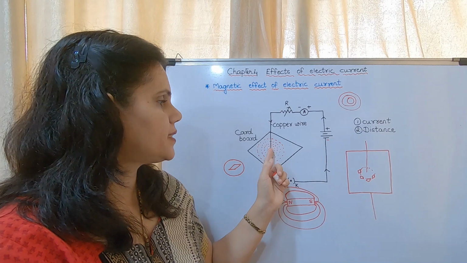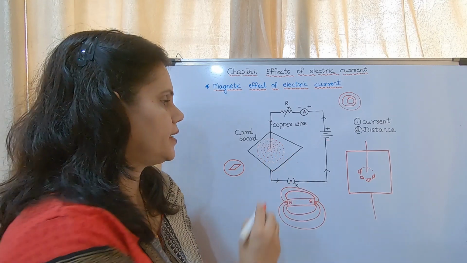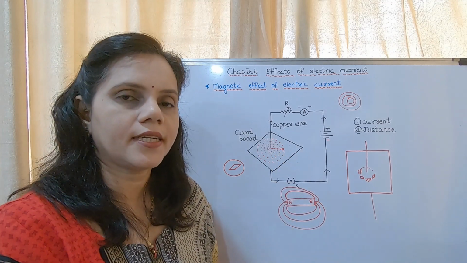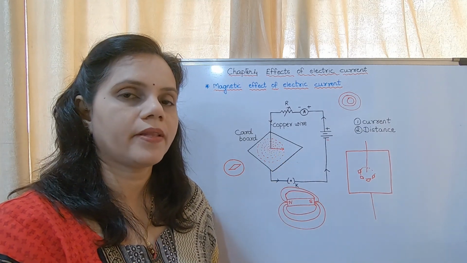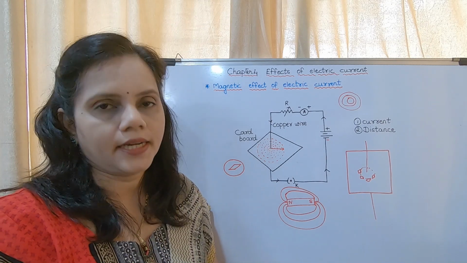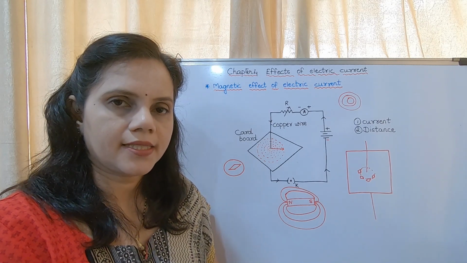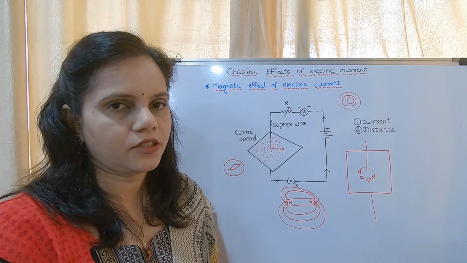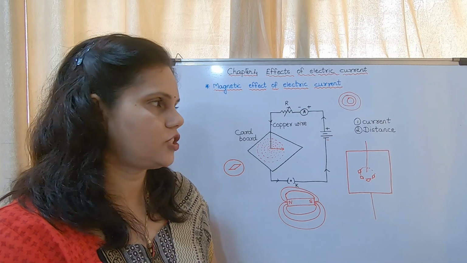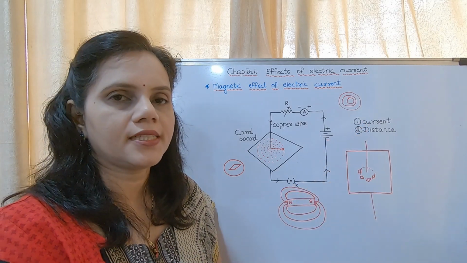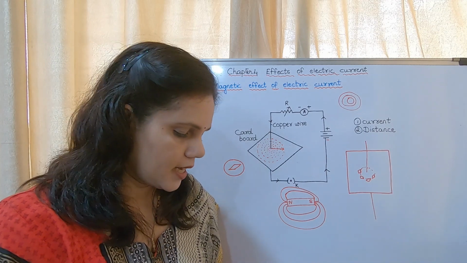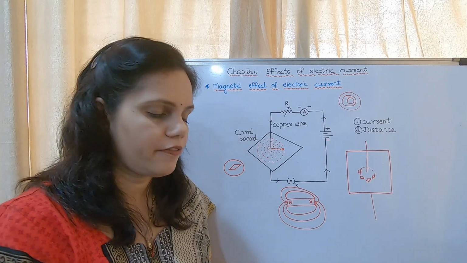Now, what will happen as the distance from the wire increases? This distance. What will happen if it increases? As the distance from the wire increases, the magnetic effect goes on decreasing. What happens when the distance increases? The magnetic effect goes on decreasing. They will give you the diagram and ask questions. What will happen if you increase the current, and what will happen if you increase the distance? The answer for this is on page number 52.